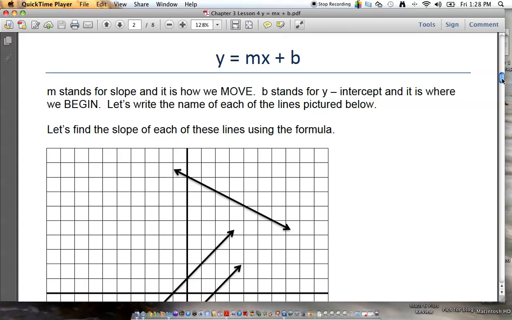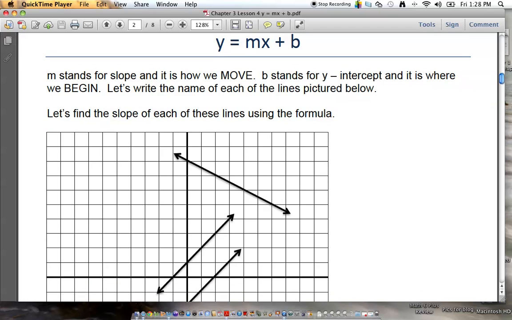y equals mx plus b. Now, what you need to understand from this is a couple of things. First off, we've been hinting at this the last few days. m stands for slope, and it's how you move. Okay? And b stands for